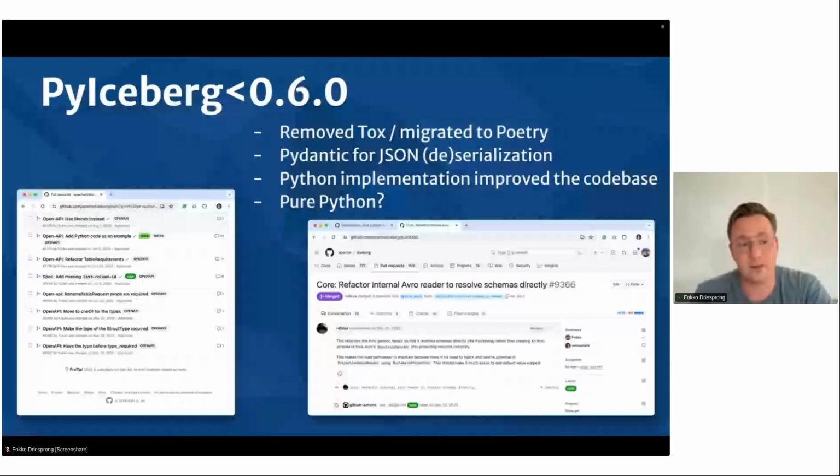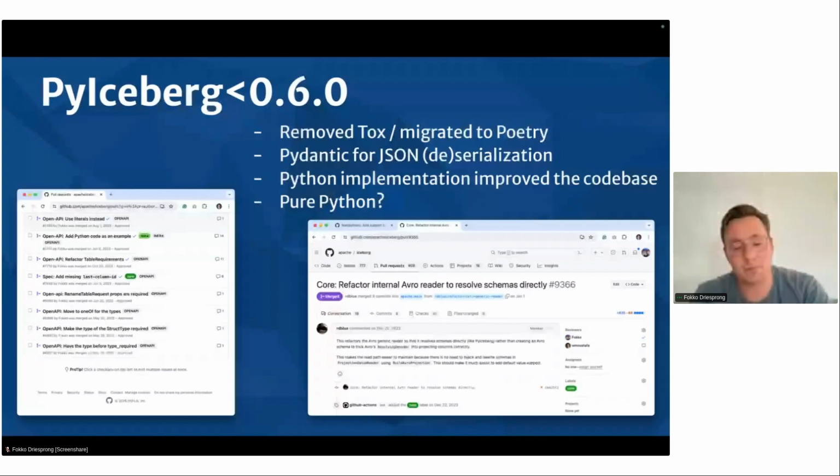Pydantic for the JSON deserialization. There was quite a controversial suggestion, because in Java all the JSON deserialization code is just written by hand, and with Python I said, maybe use this library. I think we still made a great decision there. The only thing is, with Pydantic 1 to Pydantic 2 there were quite a few breaking changes, especially if you try to bring PyIceberg downstream into other projects.